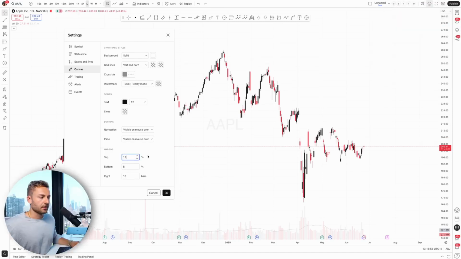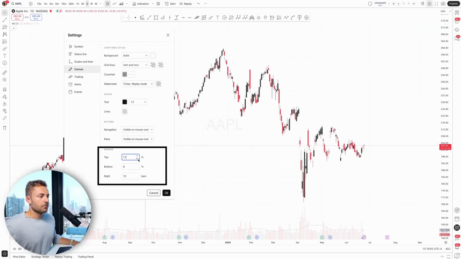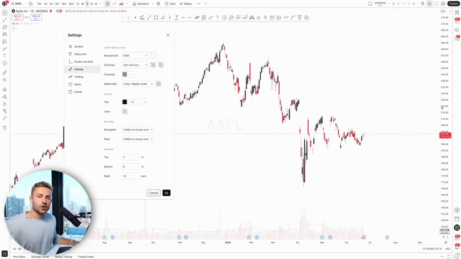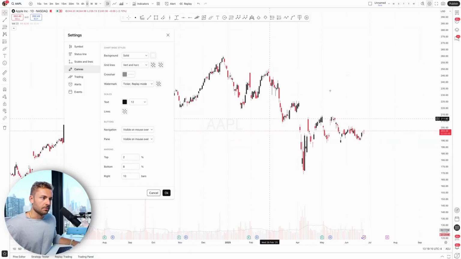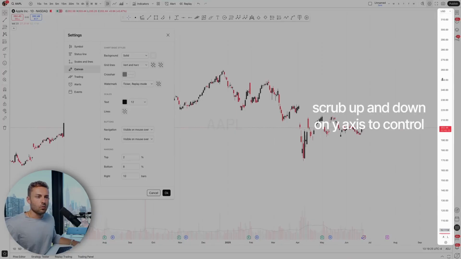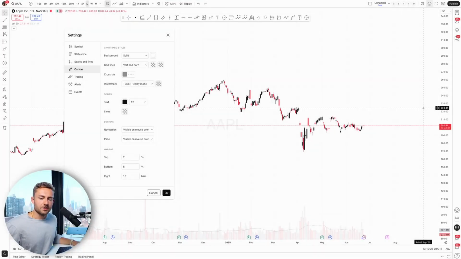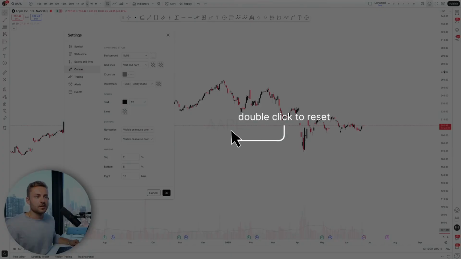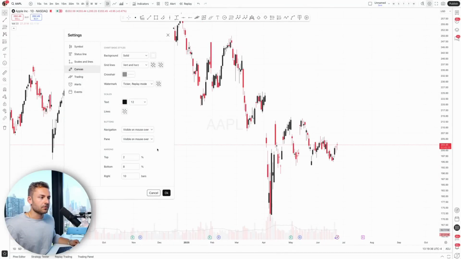Okay, this part is really important to understand, and that's margin. The smaller you make these margins, the more space your chart is going to by default occupy. So you can click over here on your y-axis and scrub down and up to make it wider or more narrow. Okay, but if you ever want to reset back to home base, and this is a really helpful tip to just square things off, you can double click here, and that's going to put you back to the initial